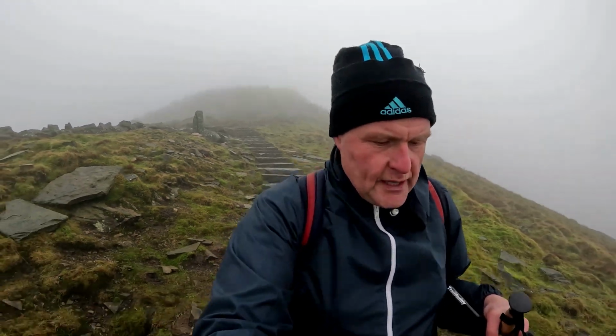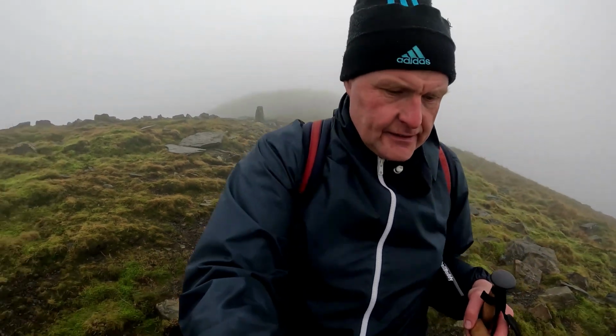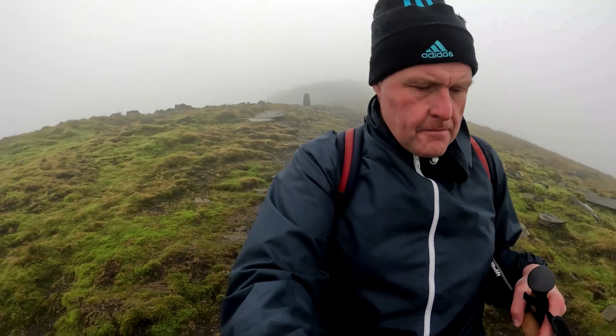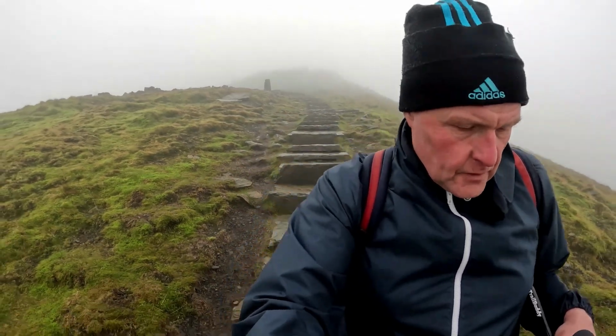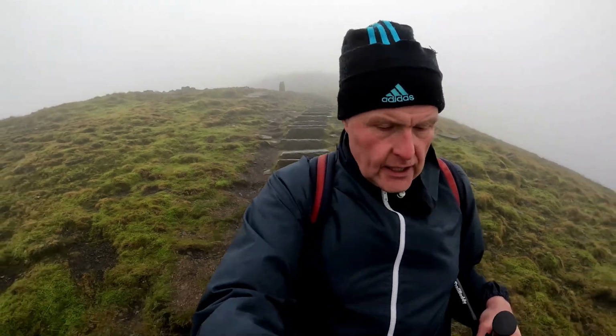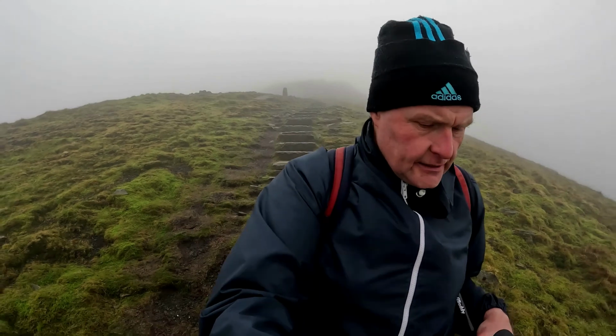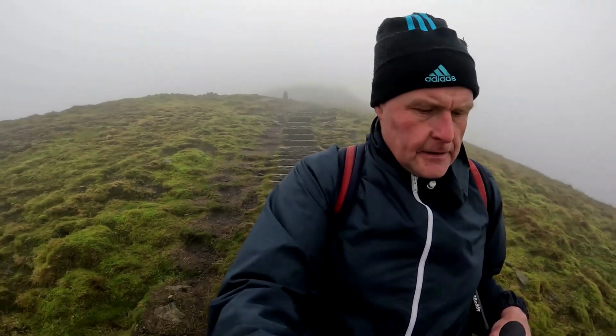Well, unfortunately, the wind on the top of Ingleborough there was significant. I don't think any filming would have worked. Plus there were waves of wind-driven mist and rain blowing across. Bit of a write-off, and that's a shame, because I was going to mention that the cross-shaped wind shelter that